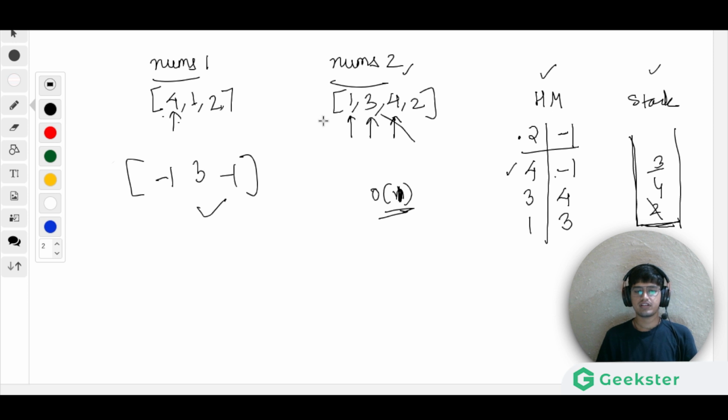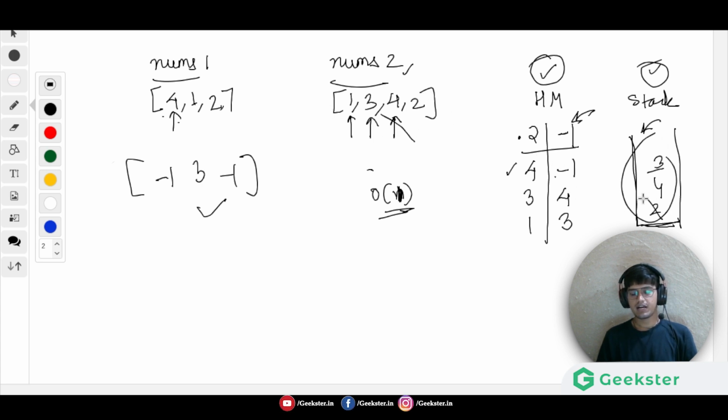Okay, so let us solve this problem by writing the code. You can also try writing the code by yourself. Just create two things, a hash map and a stack, put some values initially in the stack and in the hash map, start your iteration from the very last, check the values in the stack, push and pop as needed, and then check the values from the map.